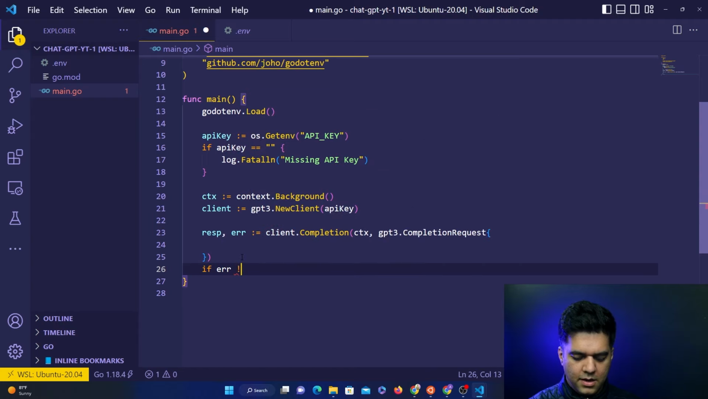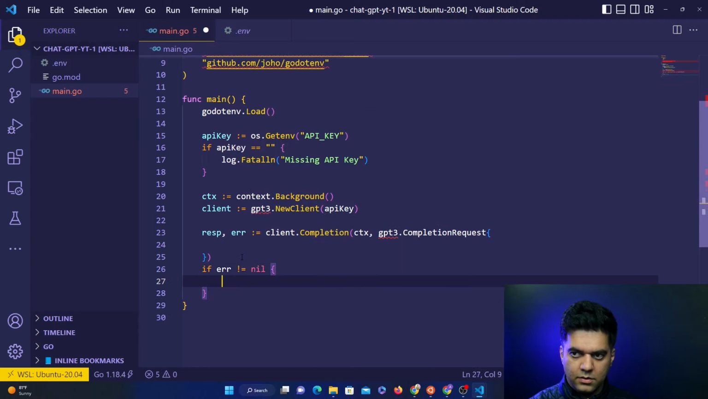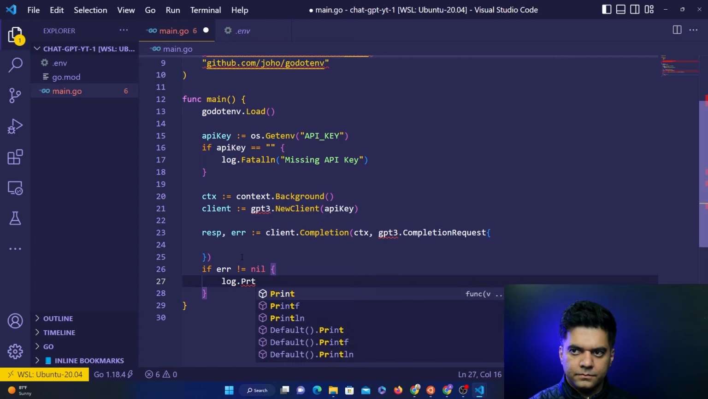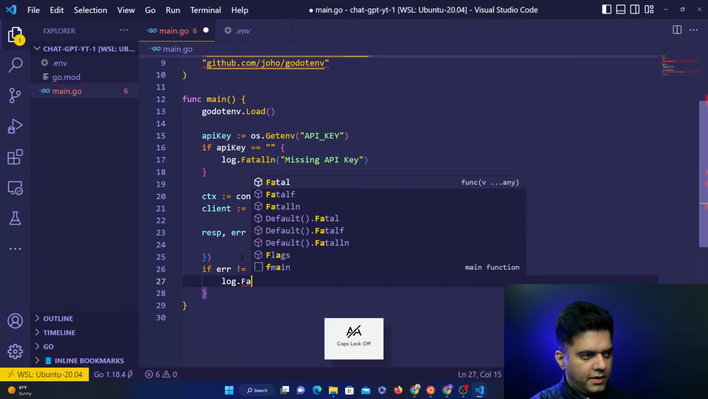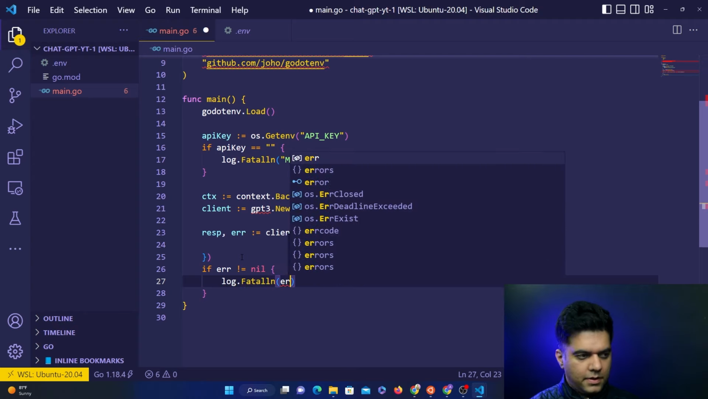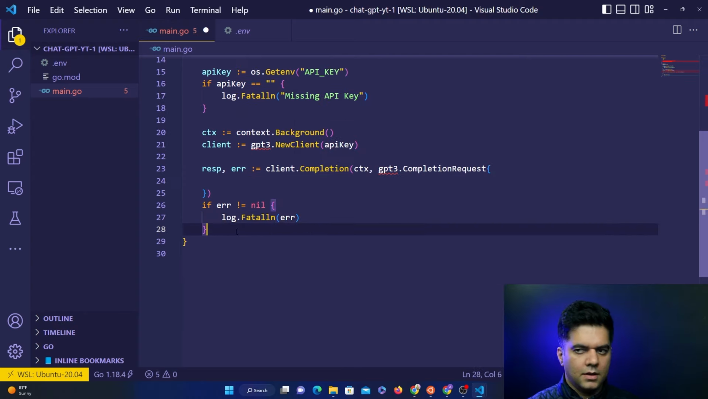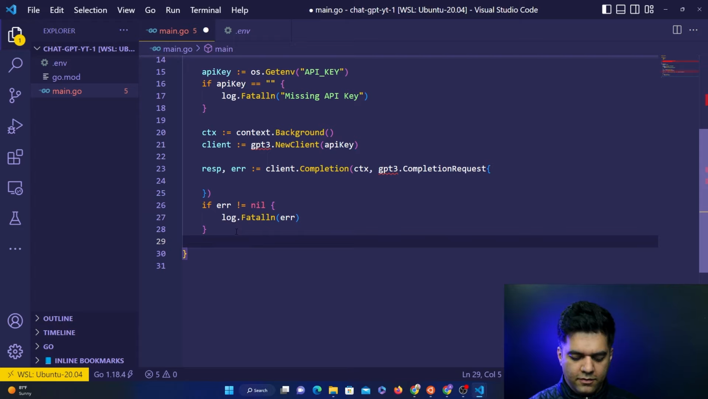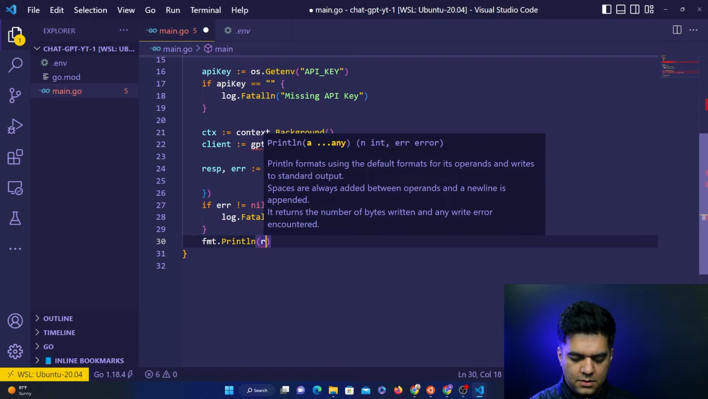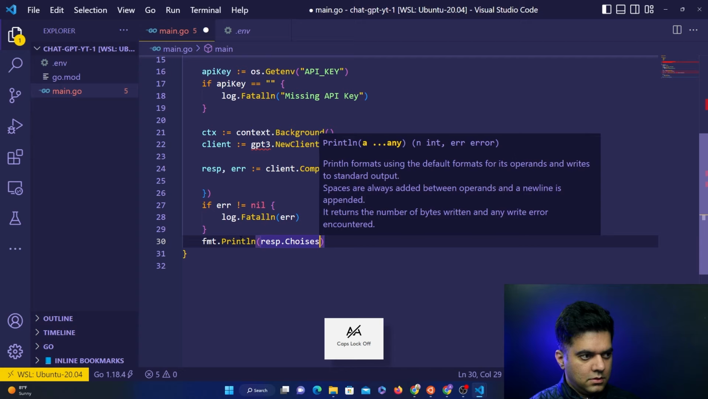So let me handle the error right now itself. So if error is not equal to nil, we're going to log println. I'll use log fatal actually, and I'm going to print out the error here. And finally, if everything goes well and I have what I need in my response, I'm going to just print it out. I'm going to say println, response dot choices